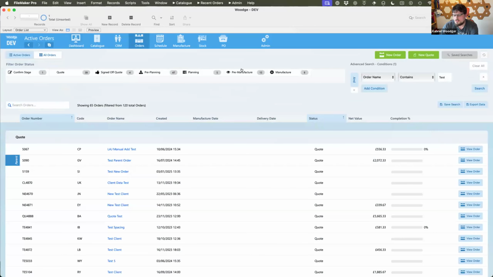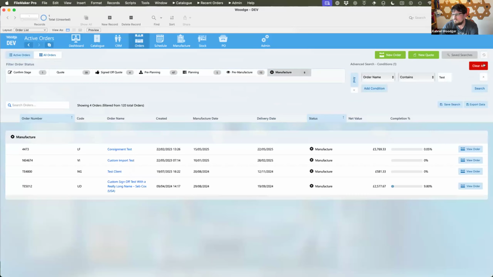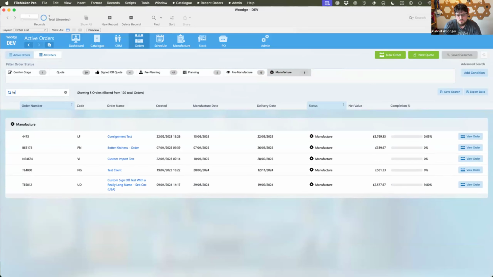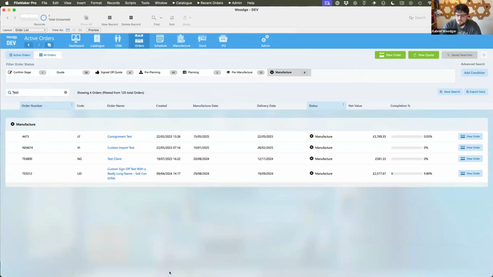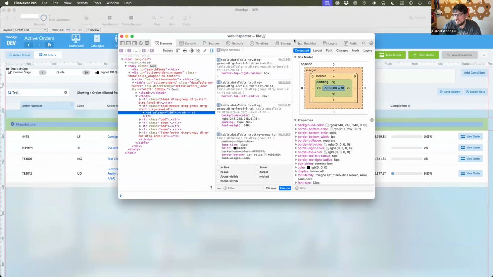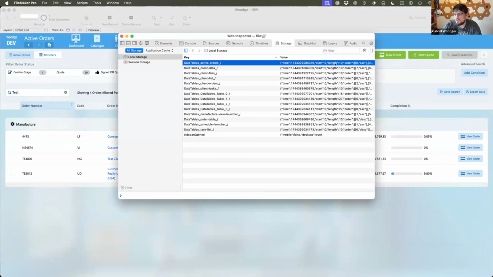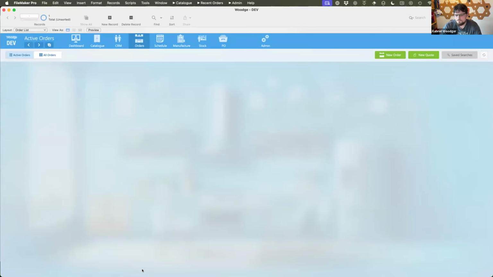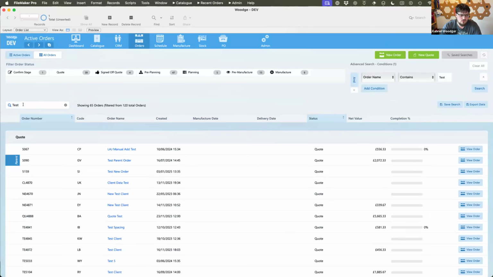So yeah, let's have a quick jump through. Let's look at some audits. The other thing that's quite nice with these as well is the state of each of these. If I do a search in here and do test, this web viewer has its own storage in this layout. In this web viewer, we can see some information as to what configuration this is in. So I've typed a view in here. If I go back to the home page and go back to that layout, then this gets restored automatically.